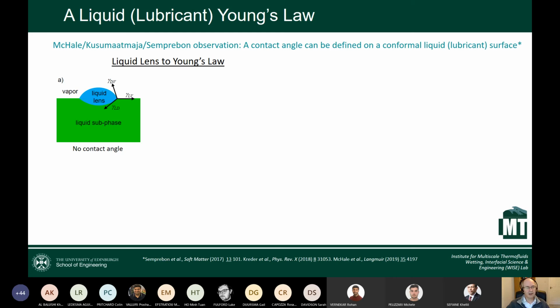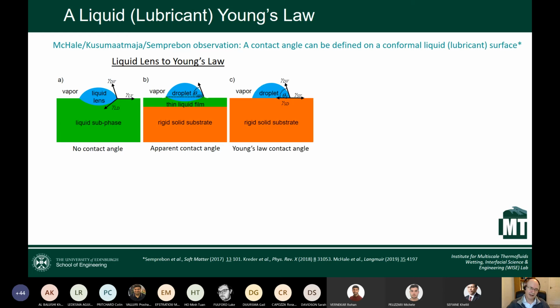pointing at the edge. But you can imagine a thought experiment where the bath is not infinitely deep, but you start to bring up the base of the bath, and you have a very thin liquid film, a thin lubricant film. And as you do that, a pressure forms on the droplet from below, and you distort the lens to start to look like a droplet. And I guess philosophically, if you were to move the substrate all the way to the top, and you would break through the lubricant layer, the green, the thin liquid film, you go to a droplet on a surface with Young's law. And so there must be a transition from one to the other situation